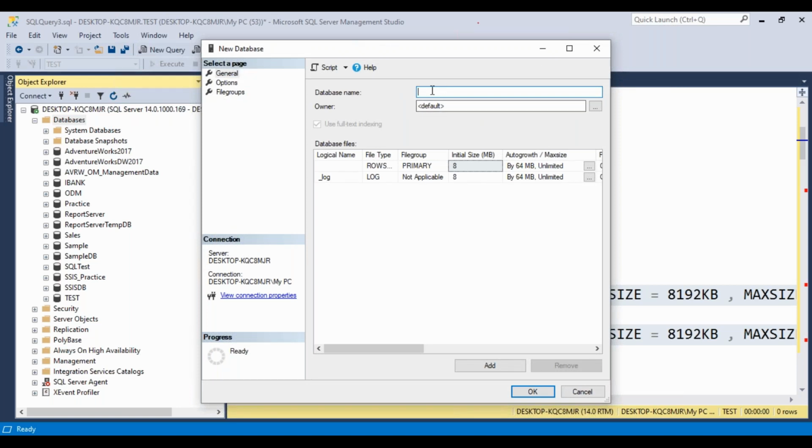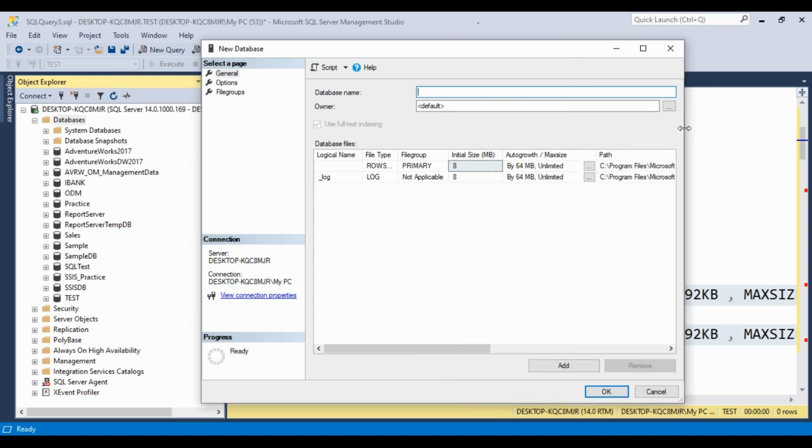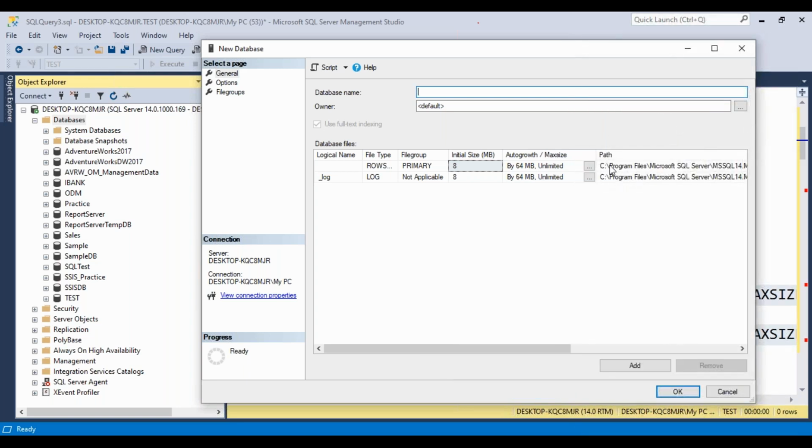Now you can provide a database name, then the default owner, and observe here the log data file and primary file. Then you can observe here the file growth and where I have to store the file. By default it stores in the C drive, but when I am creating a database, either the user can define the file location, or the system can define the file location.